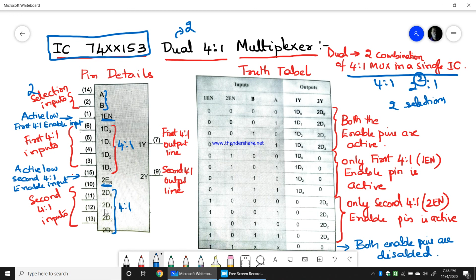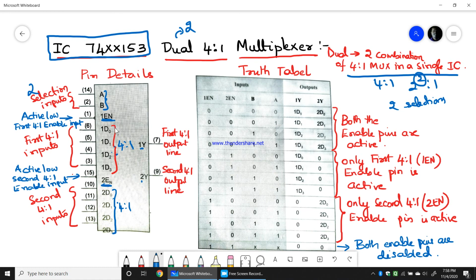So 1Y is for this mux output, 2Y is for this mux output. Keep this in mind: the 1 and 2 say which output is related to which multiplexer. All 1s, so 1Y, are related to this. All 2s, 2Y, are related to this.